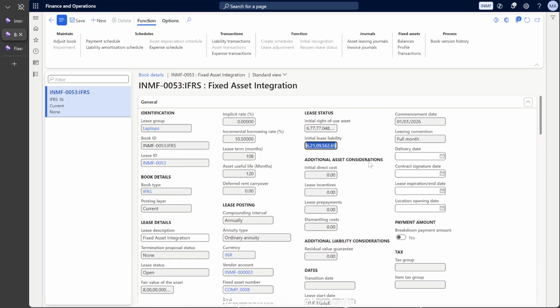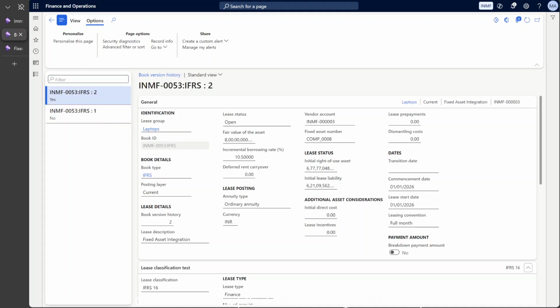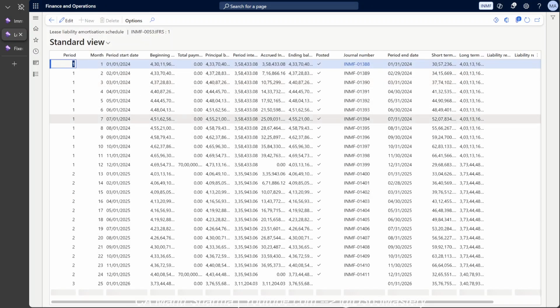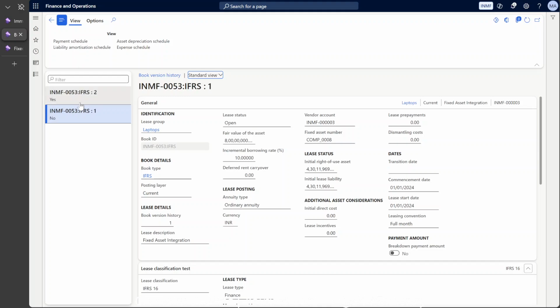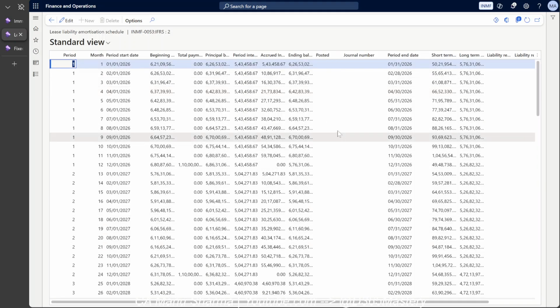And now we can see in the book version as well. There will be two book versions, version 1 and version 2. This is version 1 without modification. Now this is with modification. After modification, this new book version has been created, right? So two book versions are there. If you go to the view section and then the liability amortization schedule, you can see the previous liability amortization schedule. But if you go to your new one, you will find the new liability amortization schedule. We do not change previous records, right? New records are created in the new liability amortization schedule,